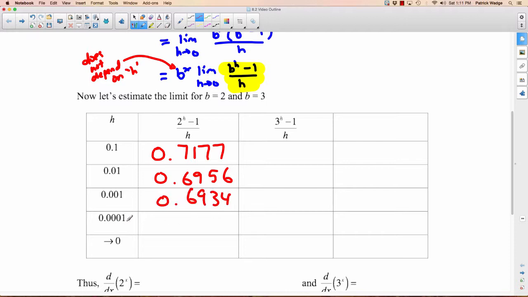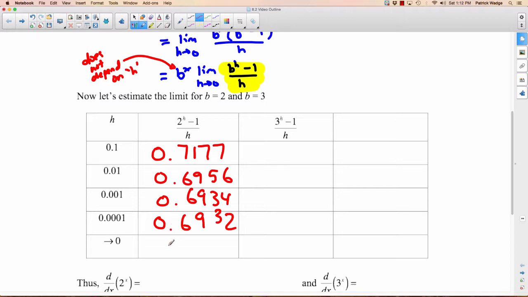Let's get even closer to 0. Let's put 0.0001. What's that? 1/10,000th away or something? And if you do that, you're going to get 0.6932. So if we round to 3 decimal places, it looks like as we're approaching 0 here, we're getting very, very close to